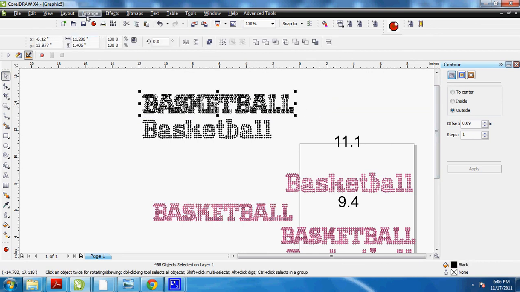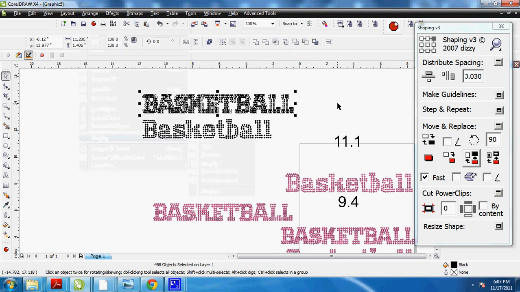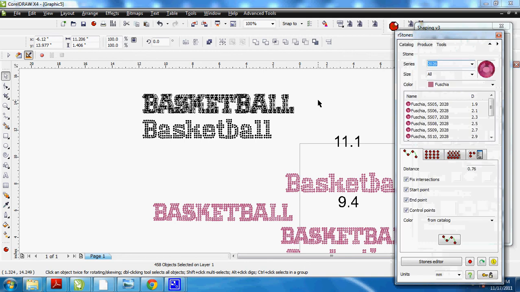Once I converted it in here to curves, I then opened up my Rhinestone R-Stone tool. And the easy way to get it into this program so that you can work with the different colors, maybe you want to send a picture to a client, is to go into the size of the stone, which in this case was a SS12,